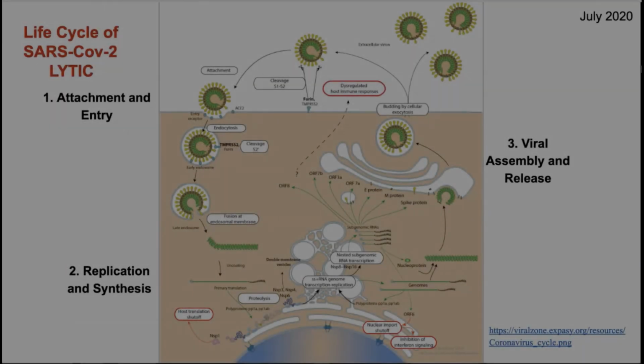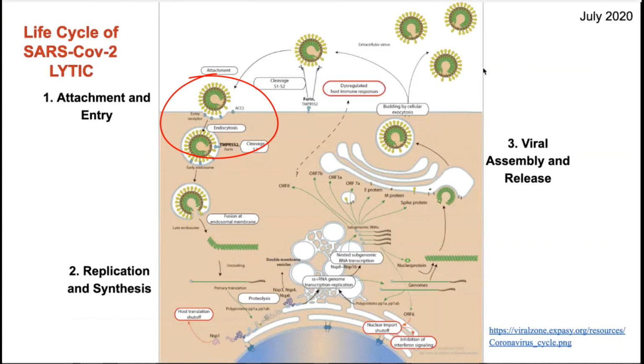So what happens is the spike protein attaches to the ACE2 receptor, and then through a series of molecular events, the virus is taken into the host cell. These ACE2 proteins are actually present in human lung cells, human small intestines, the kidneys, as well as the heart. Once the virus is inside the cell, again, a whole lot of chemical events occur, and the viral RNA is released into the cell.